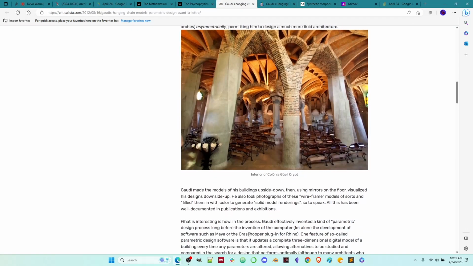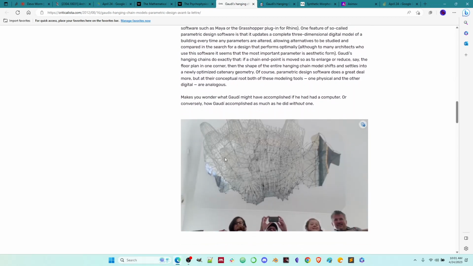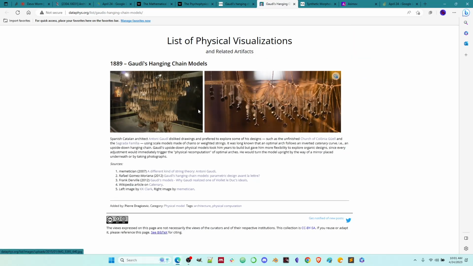So yeah, this is a wire-free model that they built in the museum here. And this was all done without a computer. It was all done in this architectural context with wire models, and they built wire models to show kind of what this looks like. So this is another example here. This is from 1889, so you get a sense of what this looks like. And then this is the close-up view of